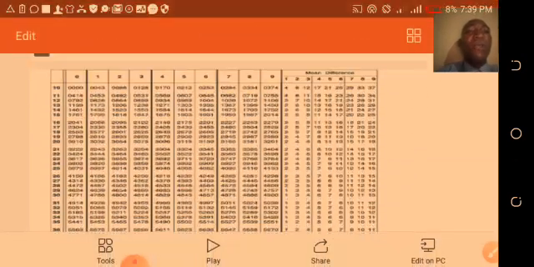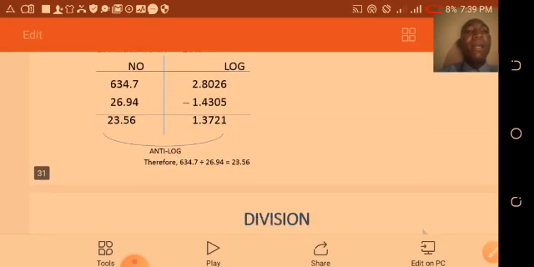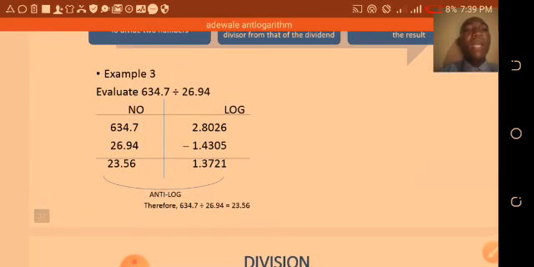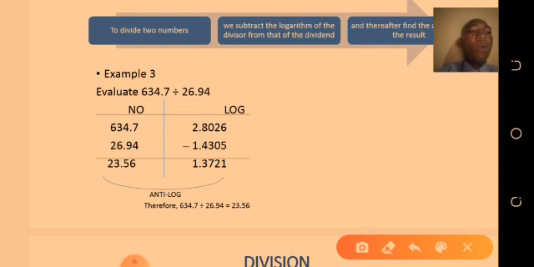Good. So what do we get from that place? We got 2351. Good of you. If you get 2351 now, where do we place the decimal point? The characteristic is 1. When you add 1 to 1, that will give us what? 2. So we place the decimal point after the second digit, which is 3. So therefore, the anti-logarithm of